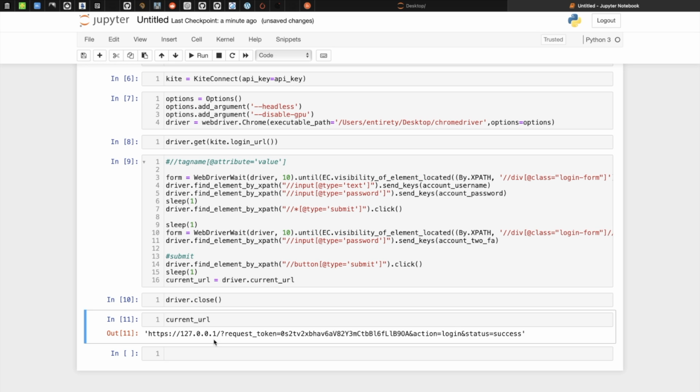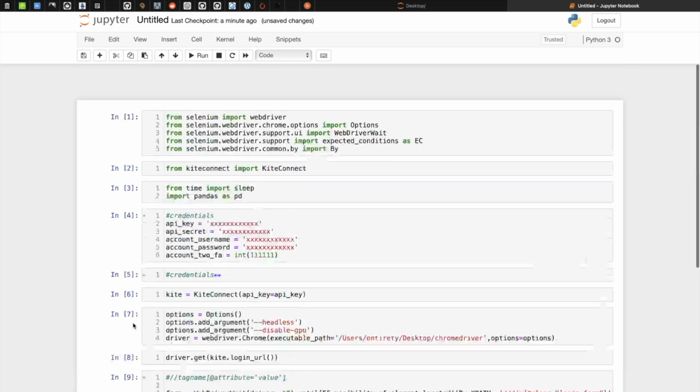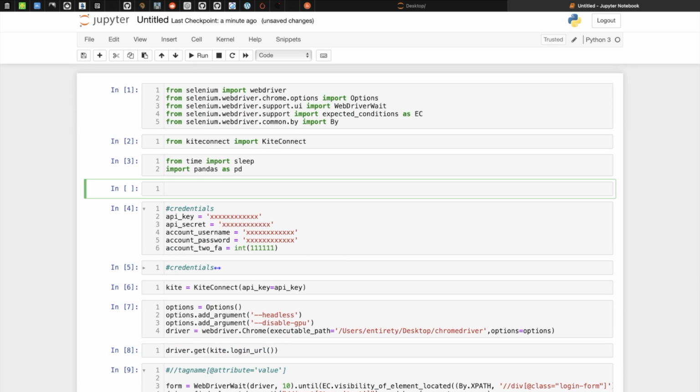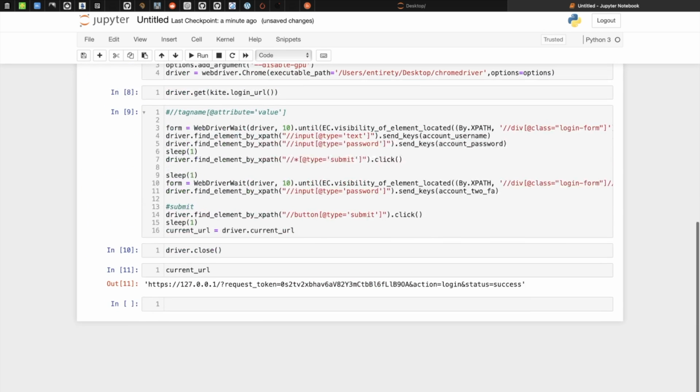Or what we can do is use the URL parse library. So let's import that: import urllib.parse as urlparse.